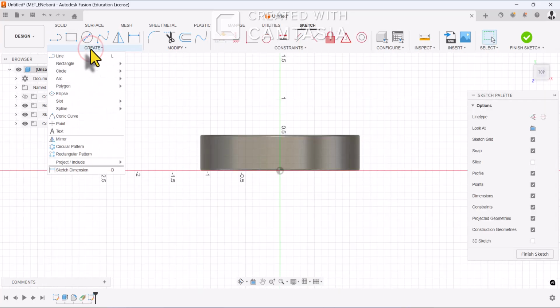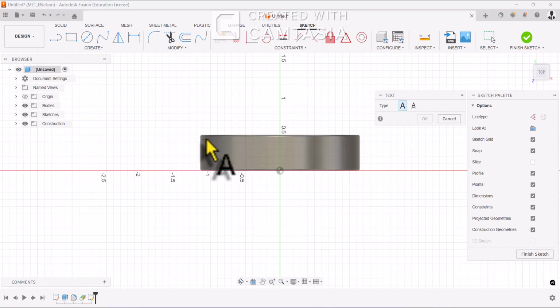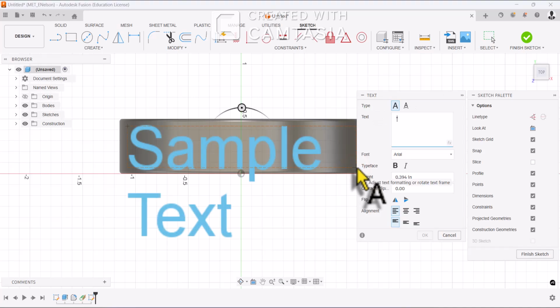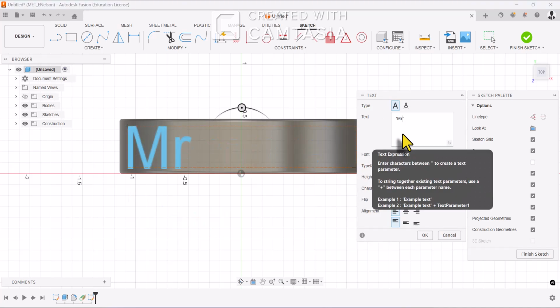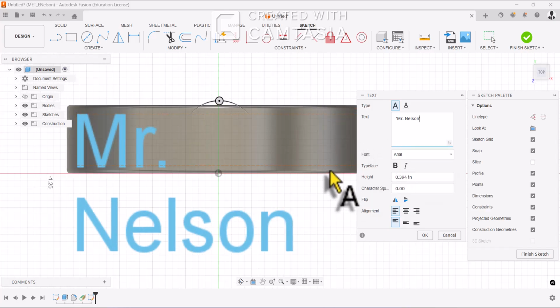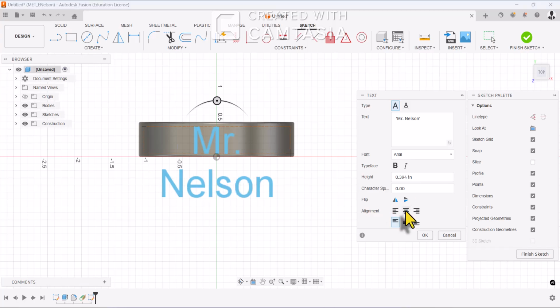So what we're going to do is put some text on here and draw a text box in here. That's generally pretty good. You could type in your name, or you could type in something like NBHS. I think that 0.394 is a good thickness. Now obviously I'm on 2 lines. I'll show you how to fix that. But let's choose a line center